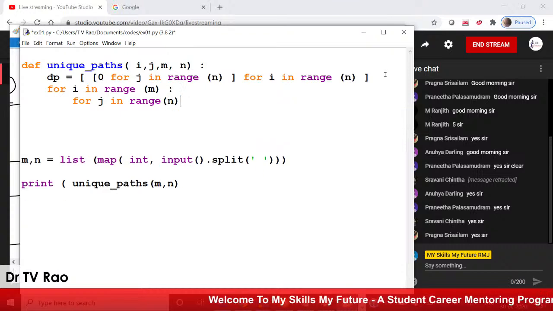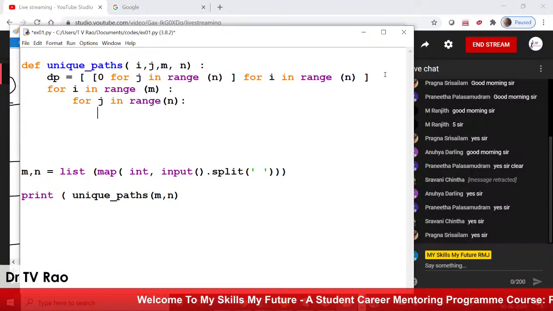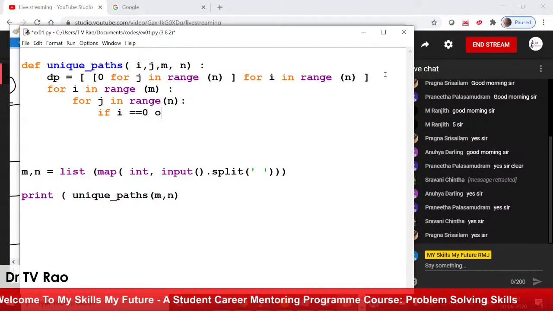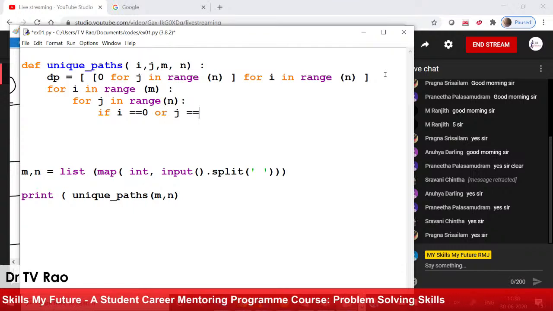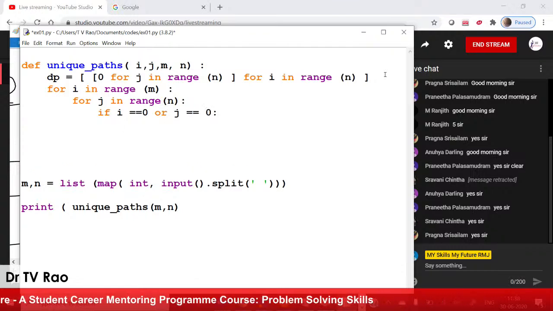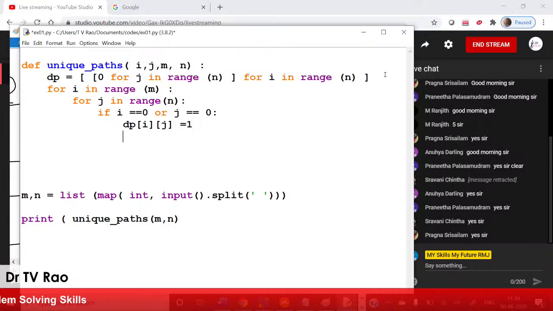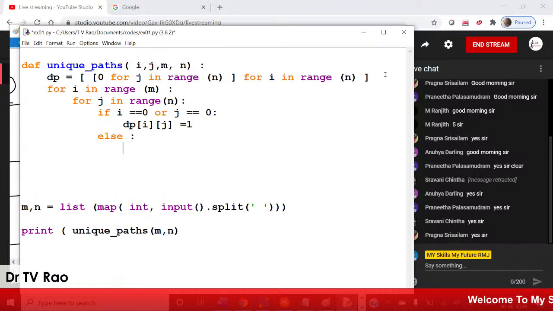Put 1 in the first row and first column. If i equal to 0 or j equal to 0, then the matrix contains 1. Otherwise the matrix contains